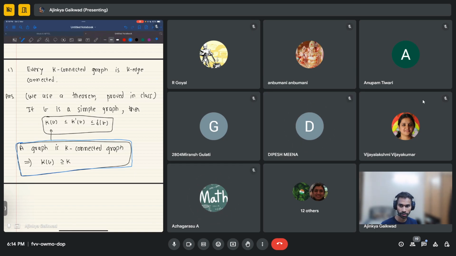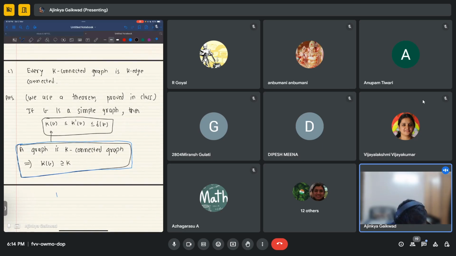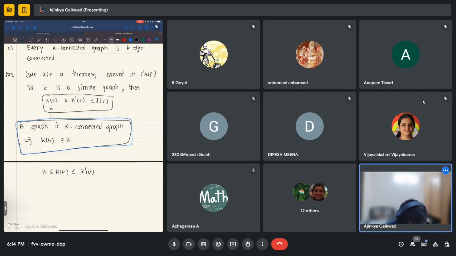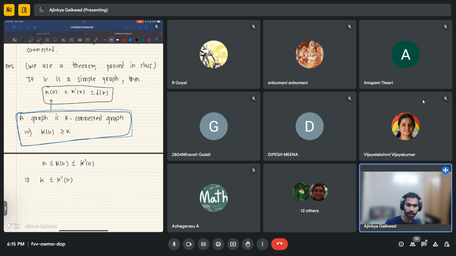Right, because this is just a definition. That means k of G is at least k. Now using this definition, I can say k prime G is also at least k. So it implies that k prime G is at least k. If the edge connectivity is at least k, so if the